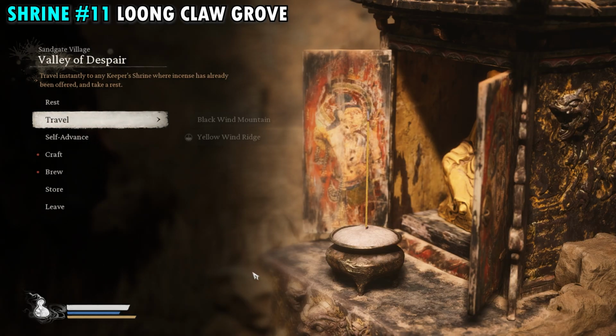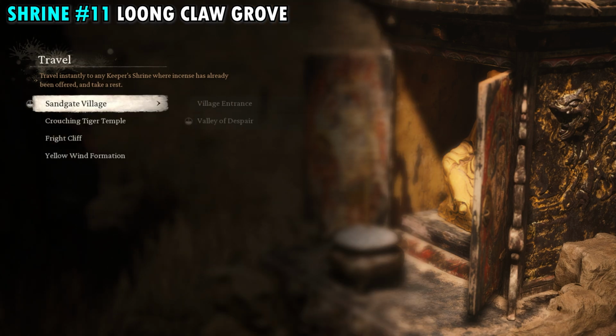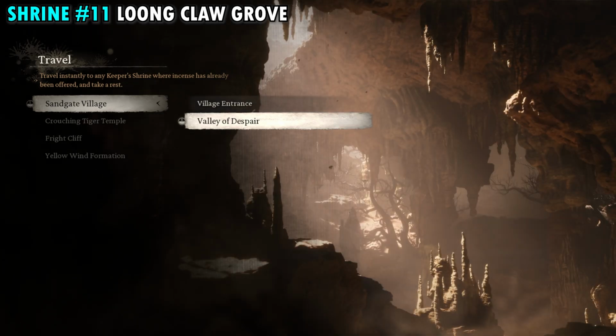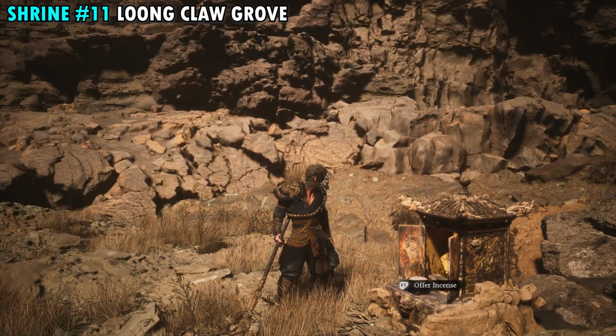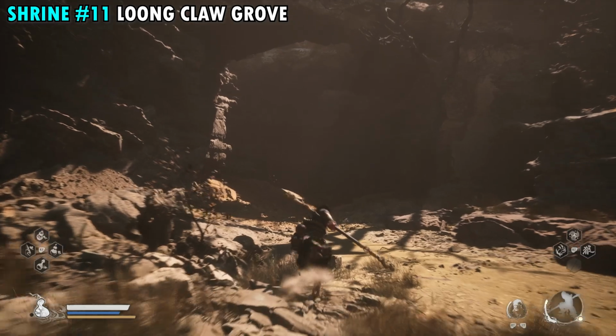Our 11th and final shrine is a secret one that's going to require you to make it to chapter 2. But once you make it to chapter 2, you want to make your way to the Valley of Despair shrine. This is the fast travel we're going to use. So you have to make it pretty deep into chapter 2 to be able to go back to chapter 1 and get this one. But from this shrine, what you're going to do is make your way over here into